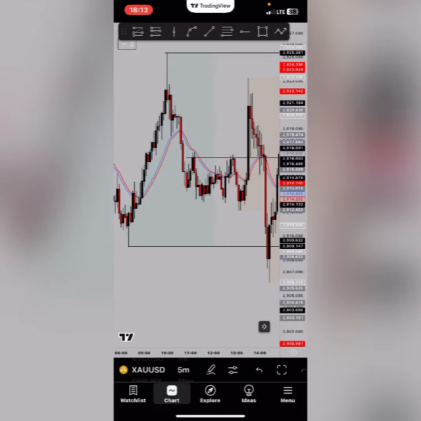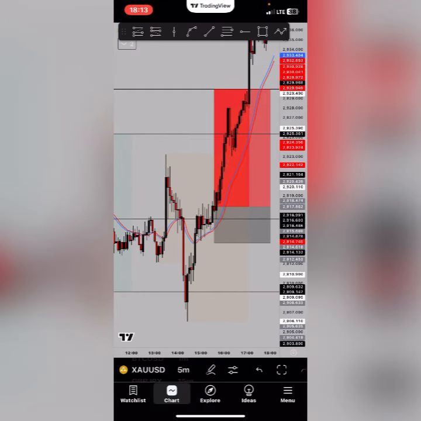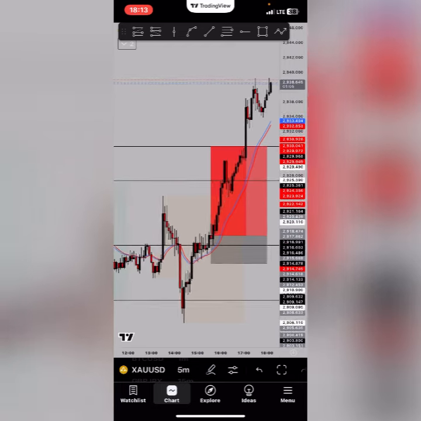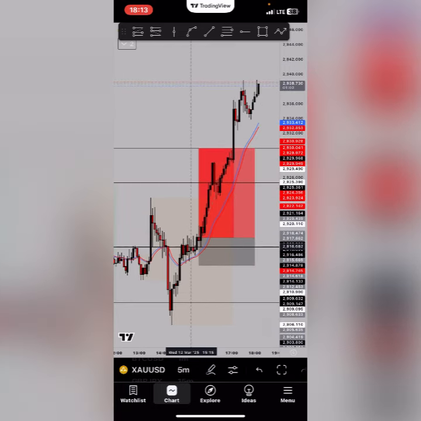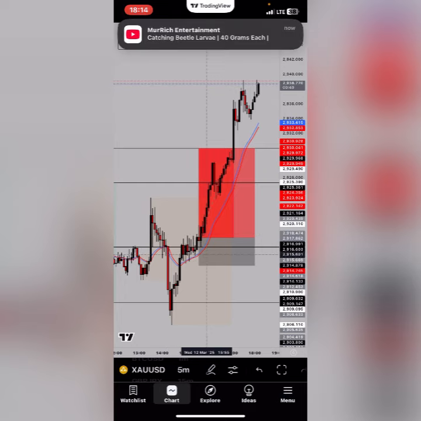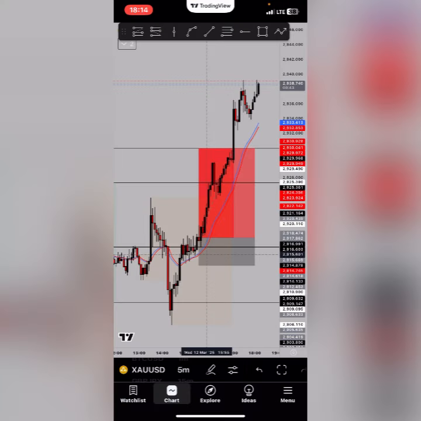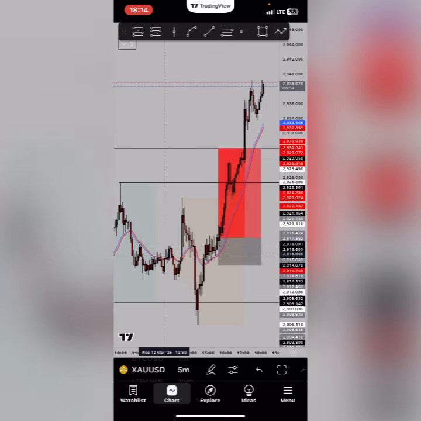Yo guys, welcome back. Today is actually a good day. As you can see, the trade I took earlier smashed TP. I took this trade from right this point. Like I said, I was initially looking for a sell position, but price broke above instead, and I took the buys. Immediately after I took that buy, price started to come down a little bit, so I just had to wait and hold on to my position, and price went straight into profits. As you can see, price has smashed TP.